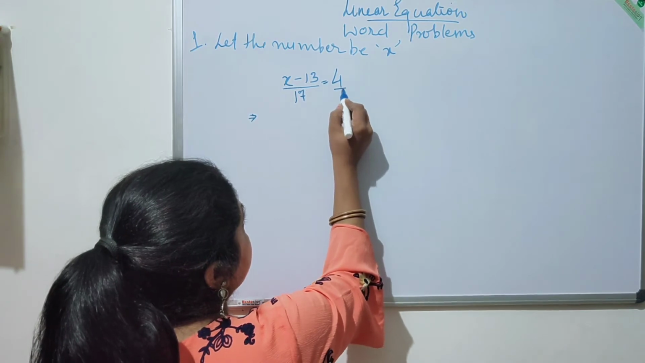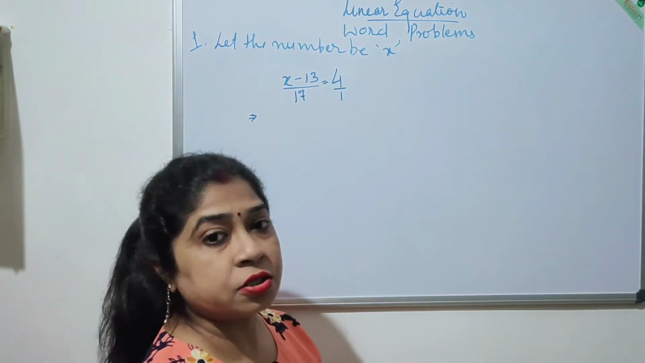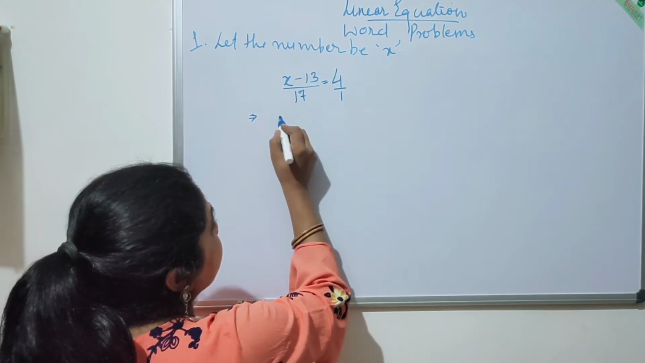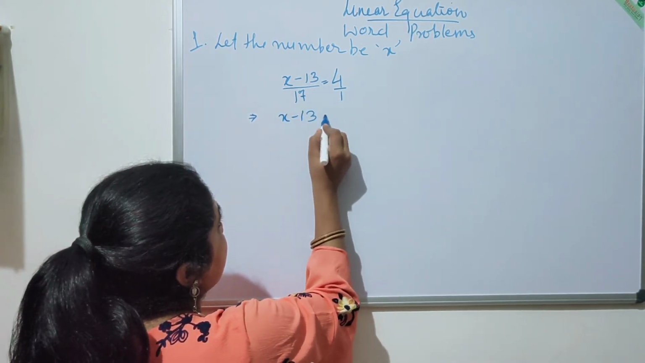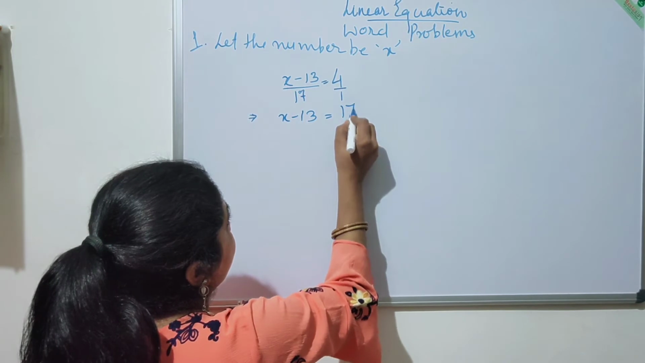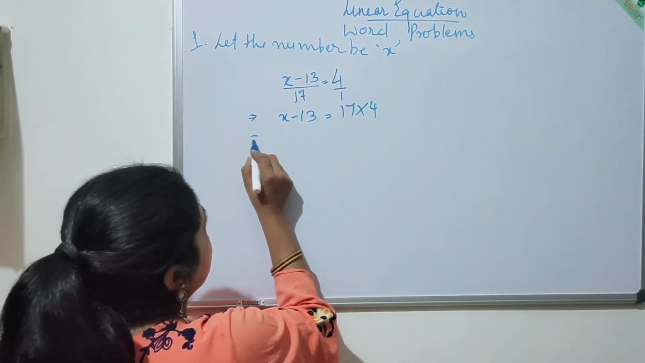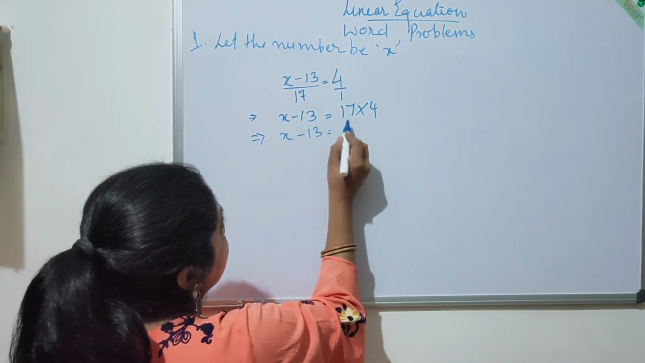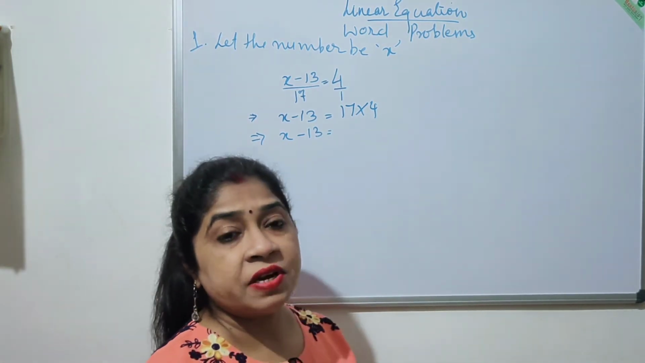This is 4. The denominator is 1. So we will cross multiply that. (x minus 13) into 1 will give us x minus 13 only. And this is 17 into 4. Now x minus 13 is equal to, what is 17 into 4? 17 into 4 is